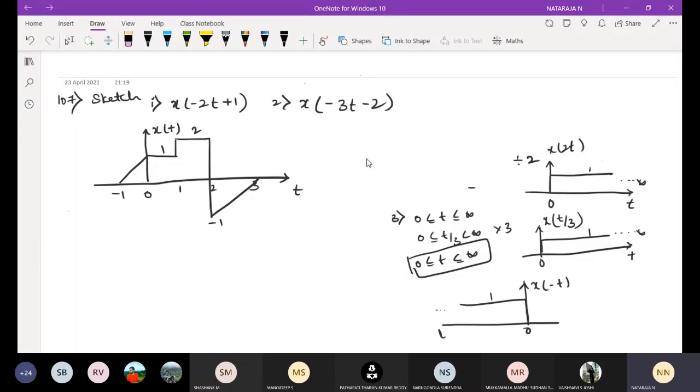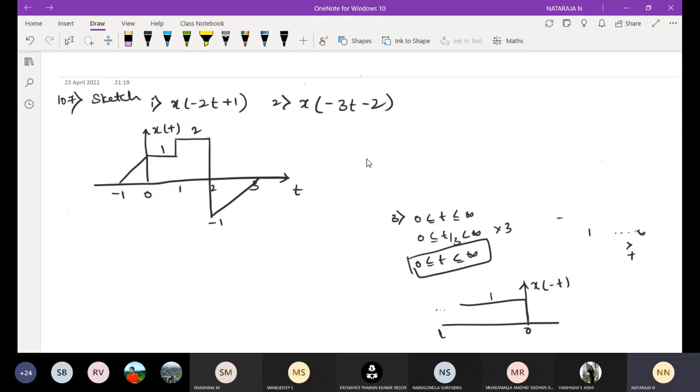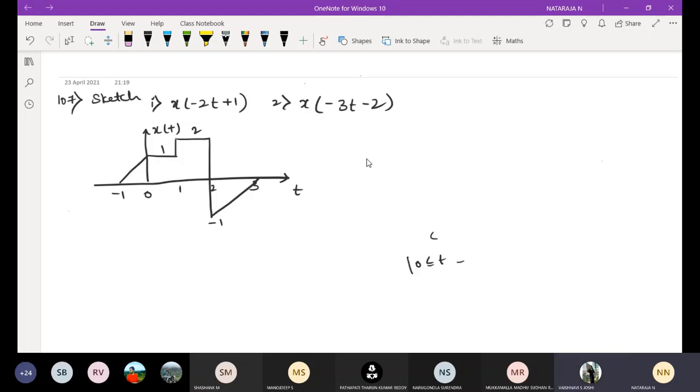Whatever problems I give as homework, you have to solve in the assignment book. Whichever problems I give, you have to solve using the assignment book. Previously I had given some homework problems. Sir, those we have solved in classwork. Okay, once again solve them in the assignment book, no issues. We don't have assignment books yet. Keep one 200 pages book. You will get more assignment questions in this subject, because it's a problematic subject. You will get more problems. Okay, sir.